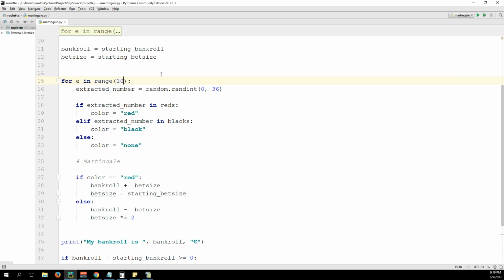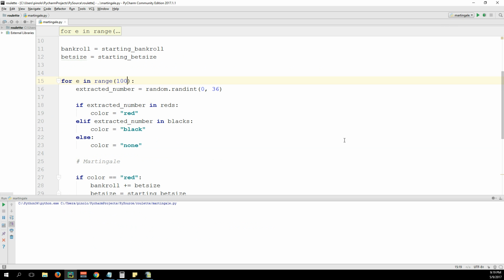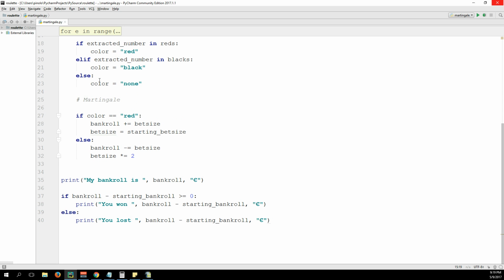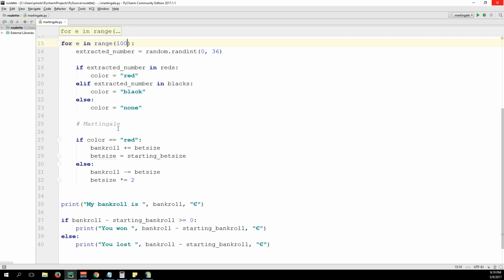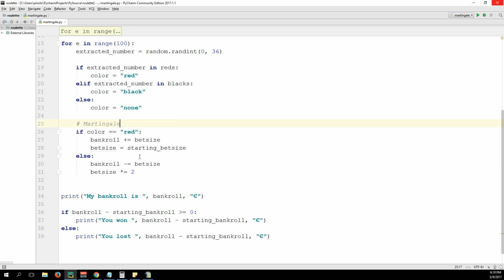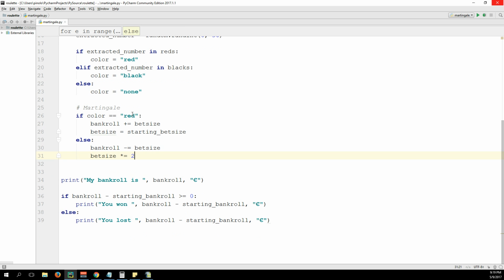Let's do it with 100 extractions. You won 50 euro, again you won 44 euro, you won. It looks like we are always winning. Why? Because there is something missing in the code. We are not stopping if we don't have any more money,